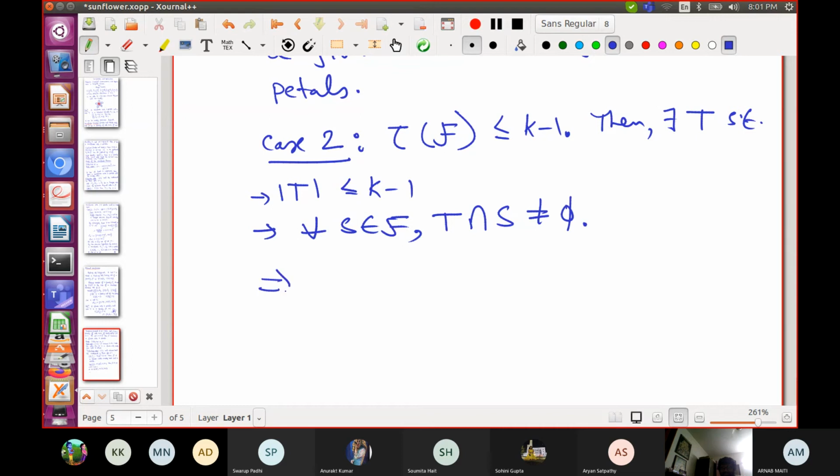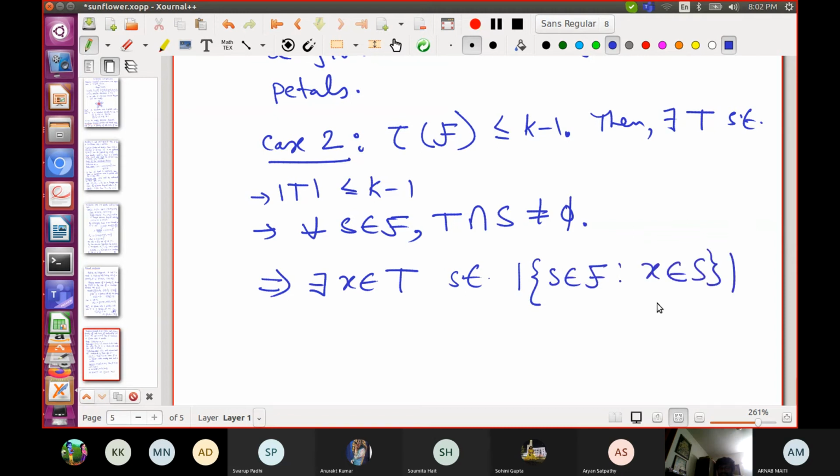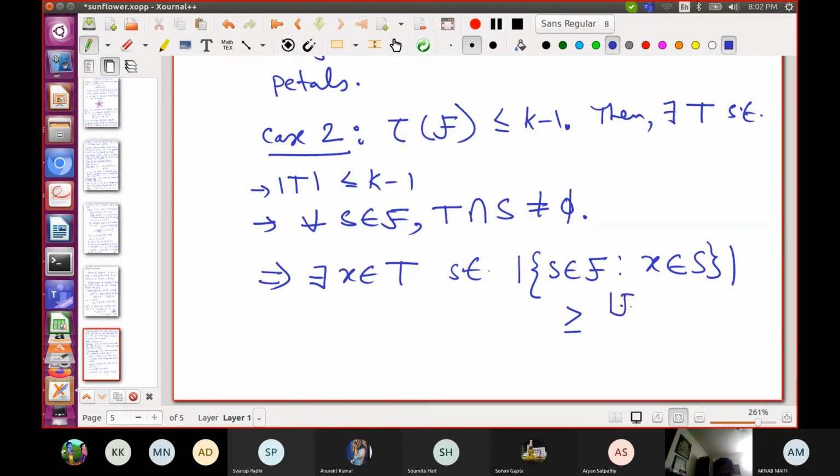This implies that there exists an X in T such that the number of sets in the family that contain X is at least the size of F divided by the number of elements in T. F is strictly more than k minus 1 to the power s, and T is at most k minus 1. So this is k minus 1 to the power s minus 1.